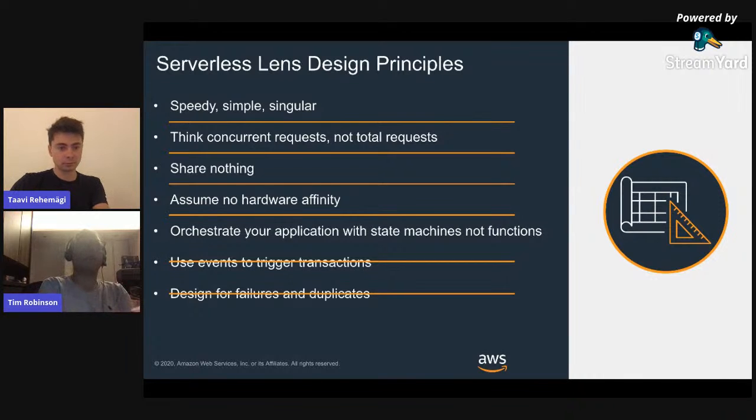So I think the first one's quite interesting: speedy, simple, and singular. So really working to make sure that functions are concise and they're single purpose in nature. A lot of customers are really moving away from monolith design. And what we find when we educate is that when we look at some of the Lambda code that's produced, it's run in almost an identical manner. So we're not looking to build out huge lambdas that are like a Swiss Army knife. We really want these functions to work independently and to really be specific in their nature.